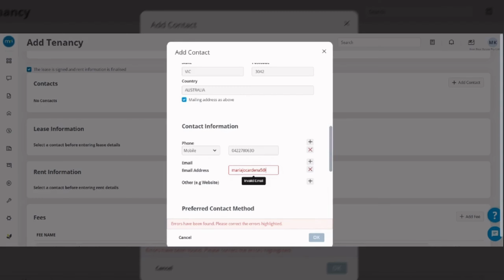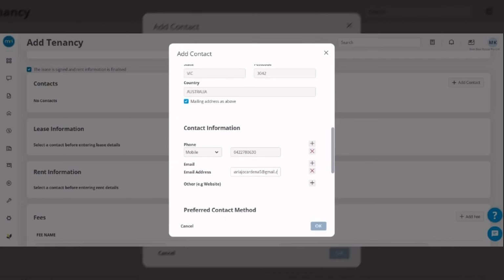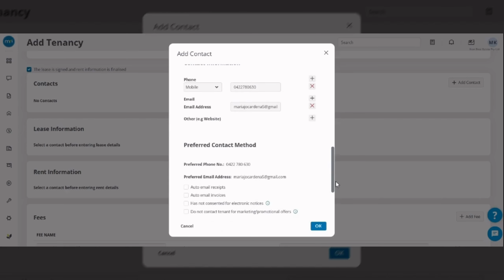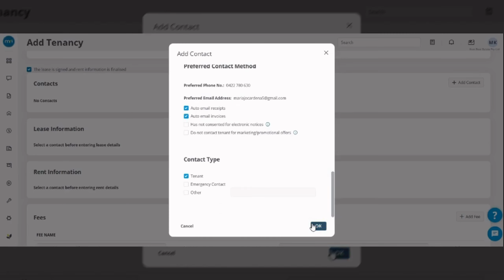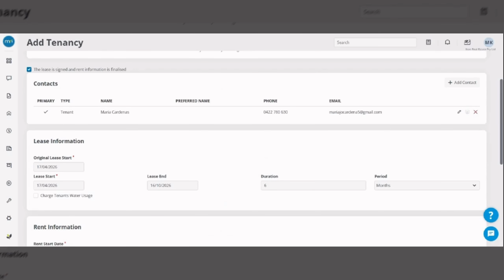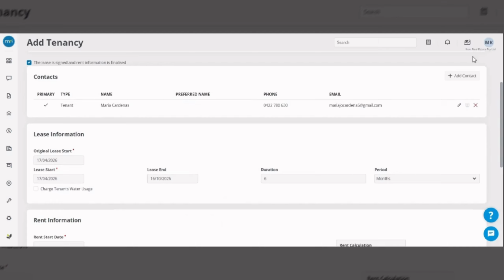For example, this is the email address, right? Now the preferred contact, auto email receipts and auto email invoices. The contact type is tenant, and I need to save those details. If there are multiple tenants, then I need to put in the details of the other tenants by adding a contact. If there is only one tenant, then this information is enough.